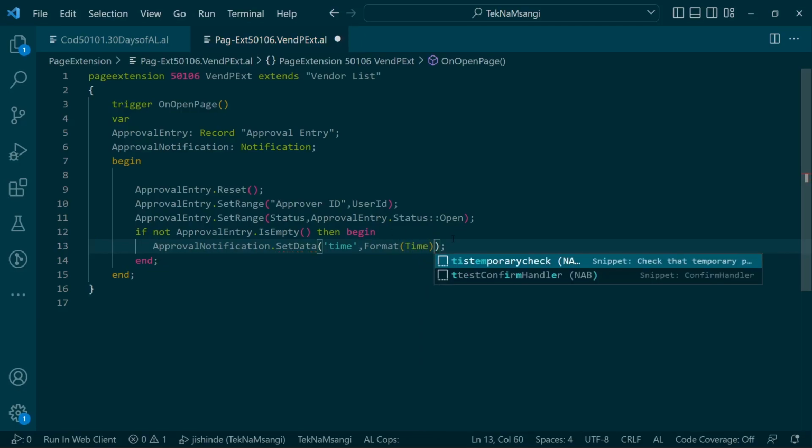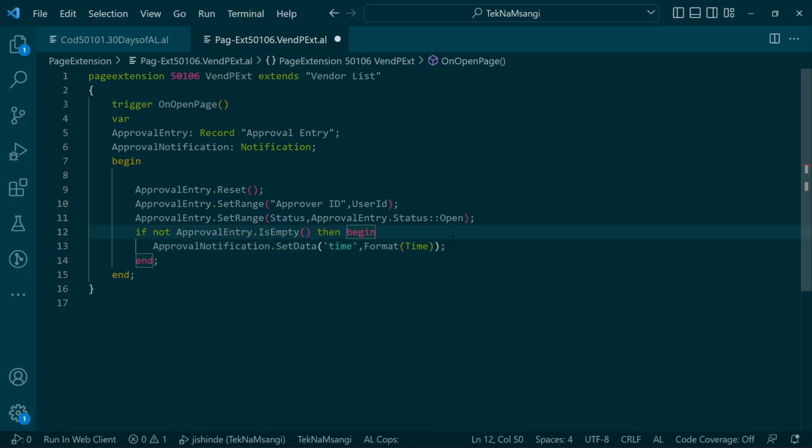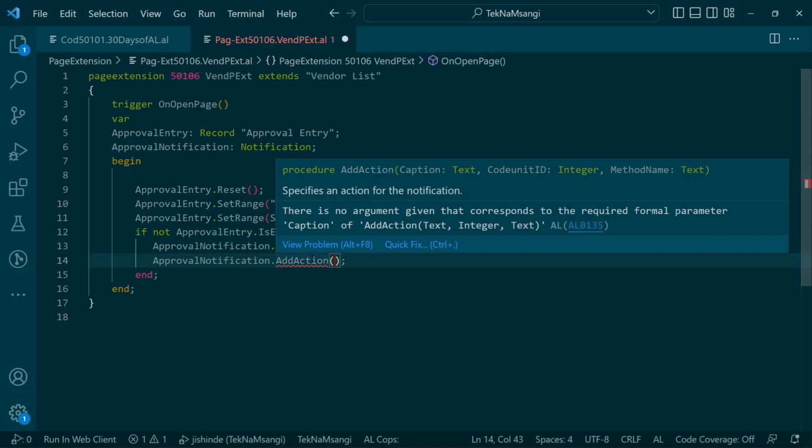Yeah, you can set data before you even send the data to this particular approval notification. So we can have an action code unit. We can have an action where we send the notification to add an action. Let me just do it practically. If the user has an approval entry, we want them to act on something. Like if we want to give them the option to open the request to approve page. So this is the action. So the caption